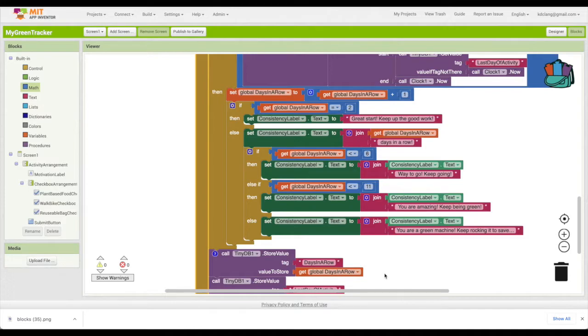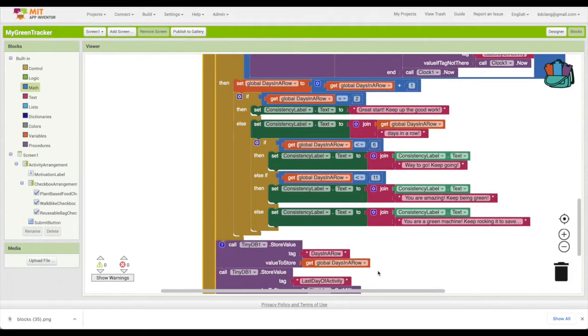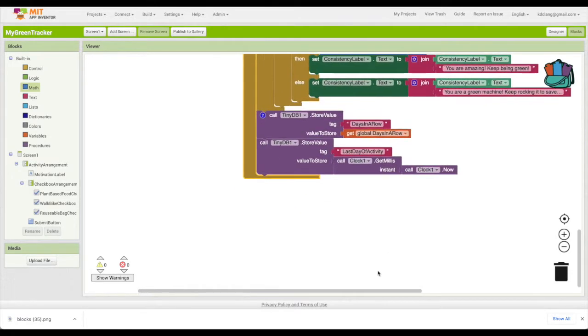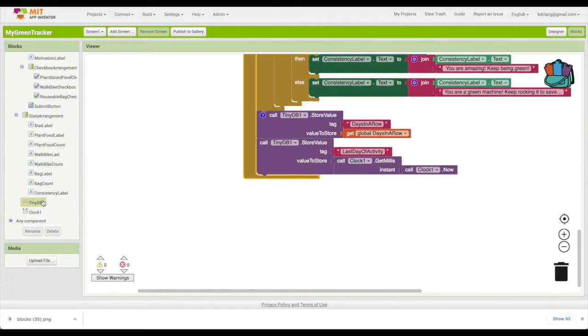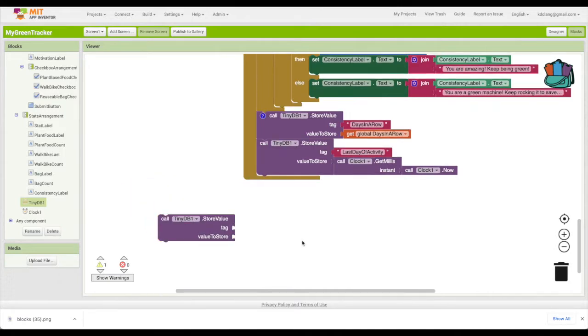Testing this out is going to be difficult because we're talking differences in days. So what we're going to do is a little bit of trickery with TinyDB to try to store things. We can pretend that we've already put in information for yesterday. We can actually go to TinyDB and say store value, and we might say